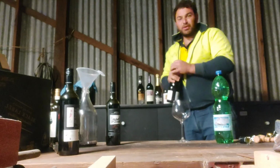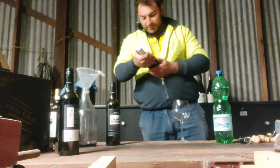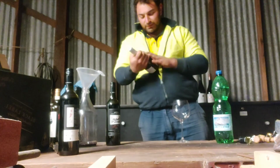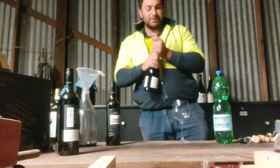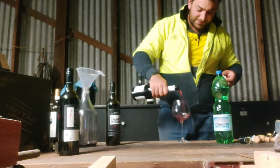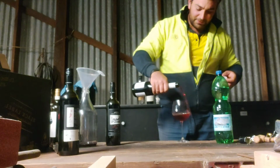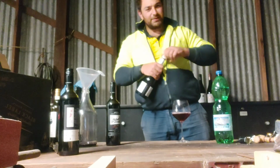You know what, I'd like some Pinot Noir tonight, you know what I mean? Good old Sansolini Family Reserve, Yarra Valley. Nice quality Pinot Noir. Let's reward myself for all that nastiness. Ah, buddy. Christ, look at that gorgeous colour. Mate, I love